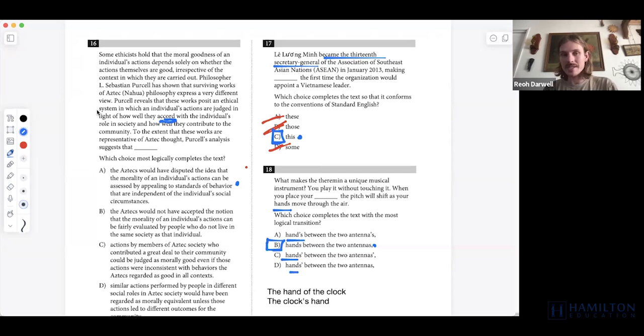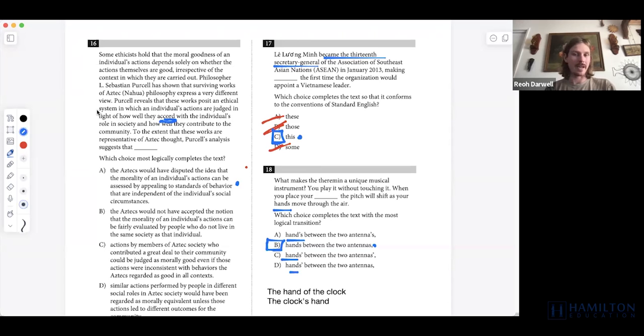So A says that they would have disputed the idea. They would have disagreed with the idea that an individual's actions can be assessed by appealing to standards of behavior that are independent of the individual's social circumstances. So Aztecs would not have agreed, because what this passage suggests, Purcell suggests, is that the logical, ethical framework of the Aztec is to judge somebody's moral action or the morality of someone's action based upon their